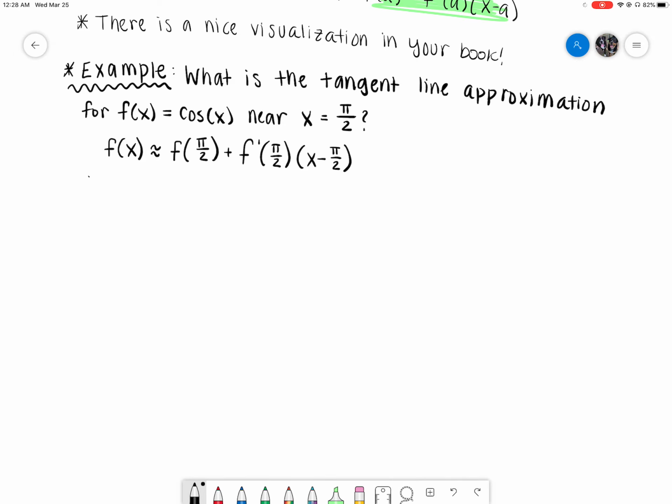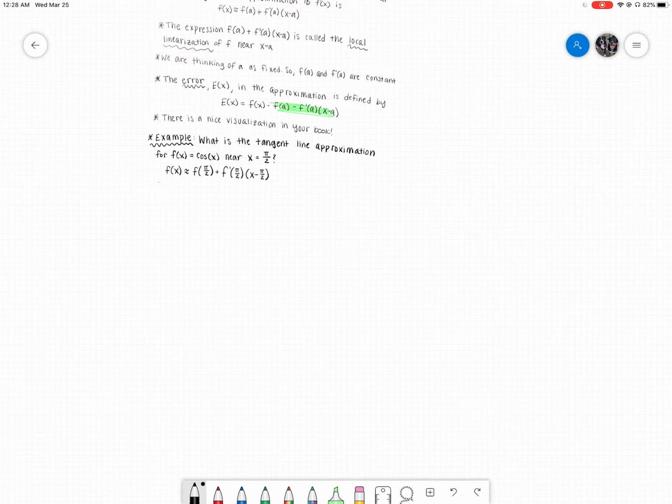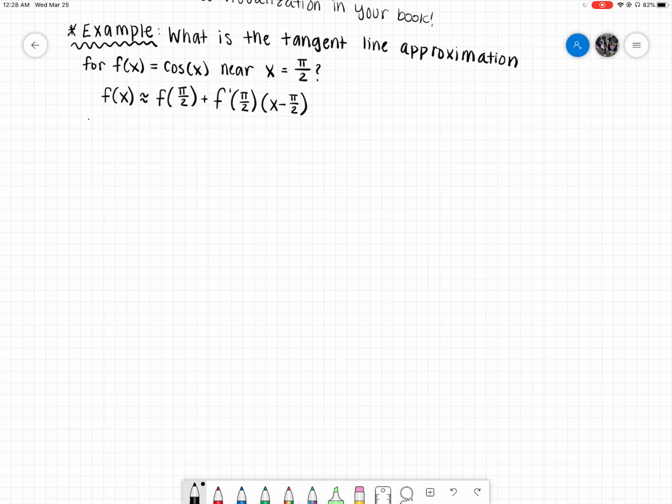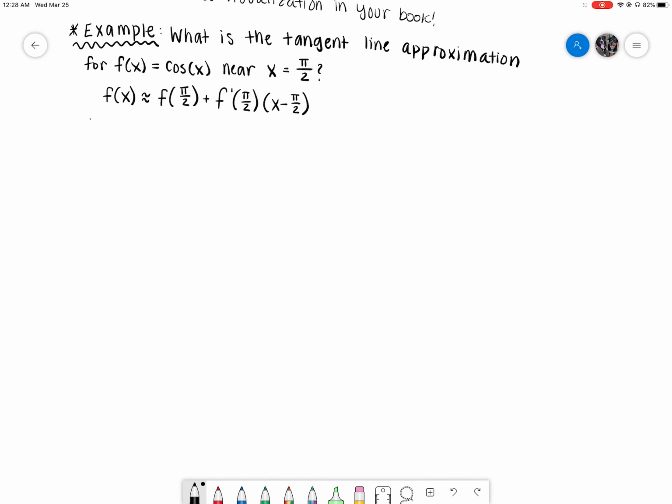So first up, I'm interested in the derivative with respect to x of f of x, which is the derivative of cosine of x, which is